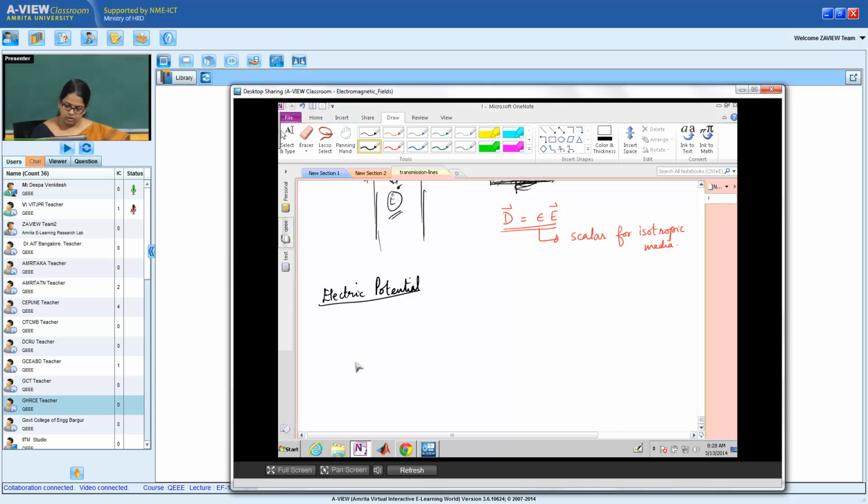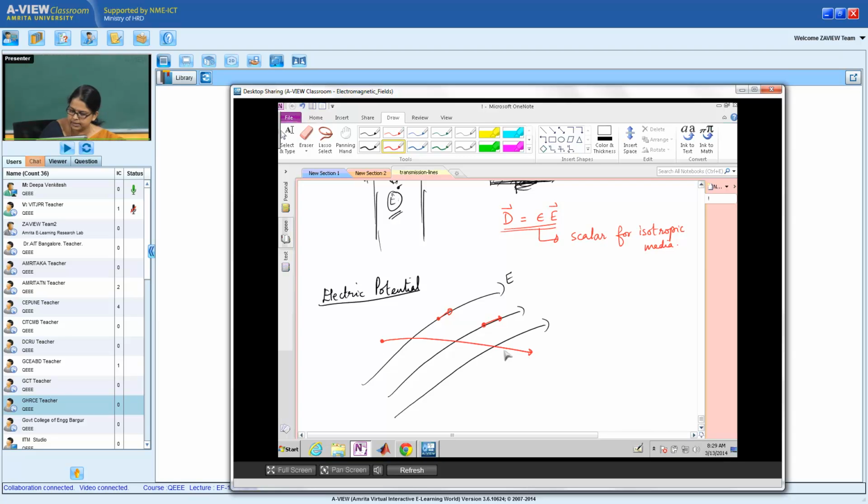So let's say there is a region which has some electric field because of some charge placed somewhere. In this region of interest, there is an electric field. What does this mean? It means that if I place a unit charge here, it is going to get pulled in the direction of the electric field. If I place another unit charge here, it's going to get pulled in this direction. Which means if I were to move a charge from, let's say, this point A to B, it is not along the electric field, but at an angle theta, for example, with respect to the electric field,